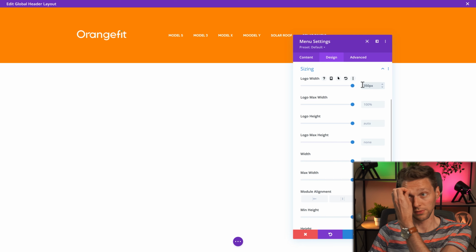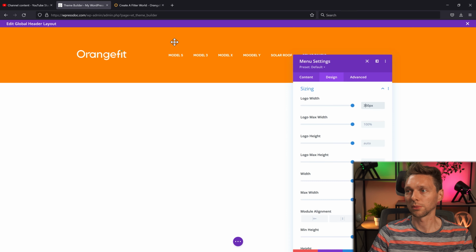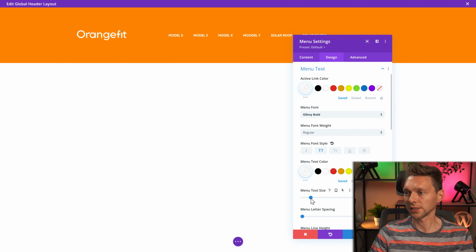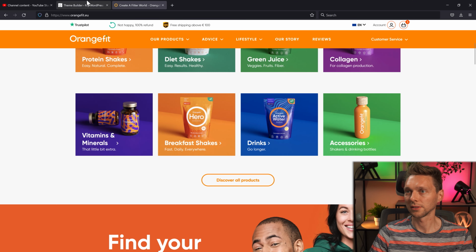Then we go to the size of these. The menu text is actually a little bit bigger. Then we also have letter spacing of 2 pixels. Then we're going to change the spacing of the padding. It's way smaller. Yes. Also with the row, just create 5 like this. This is way better.